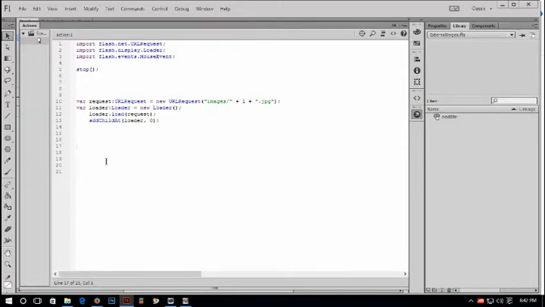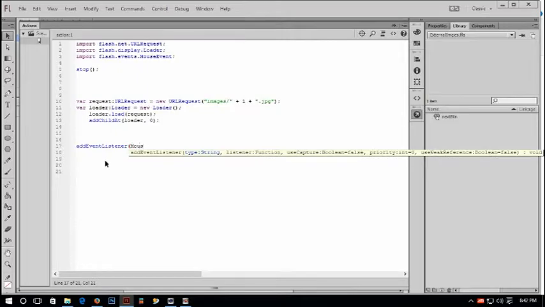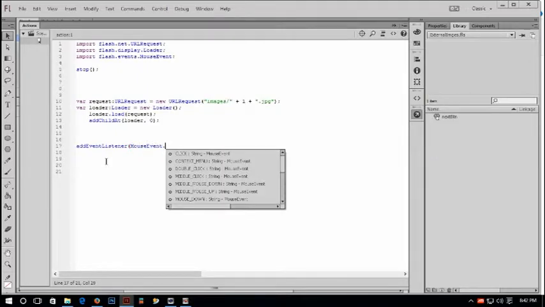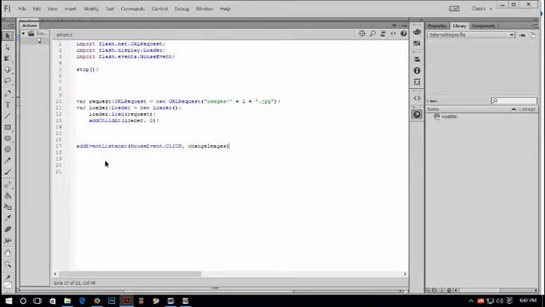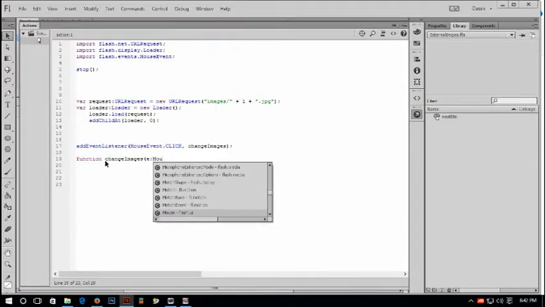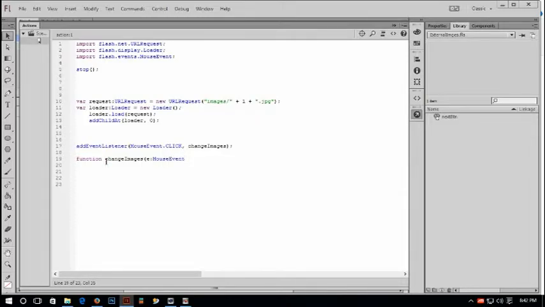So just type addEventListener, opening parenthesis, type MouseEvent dot, it will listen to click and a function name changeImages, and make the function type function changeImages, event MouseEvent, closing parenthesis curly brace closing curly brace, and here I have to type if